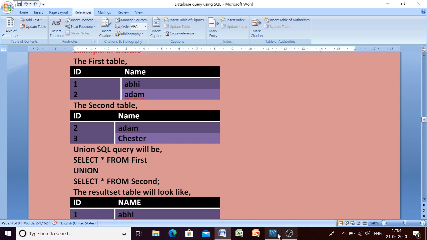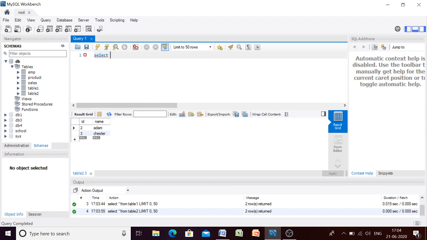Then we have to write, suppose, select star from table 1, then union select star from table 2.